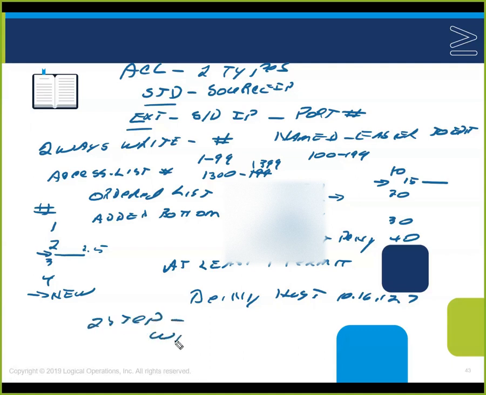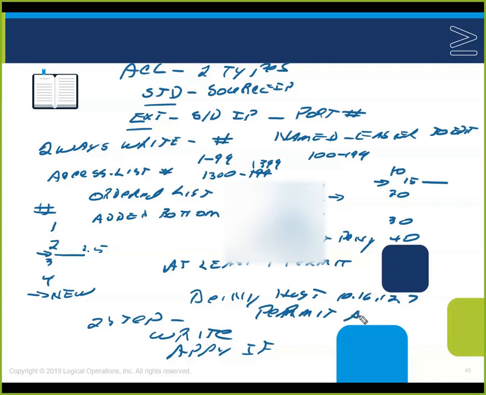First we write the list, and then we apply it to an interface. Apply it to an interface. So, I applied it to the interface. And you know what? The whole internet went down. Everybody lost connectivity because I forgot the permit,